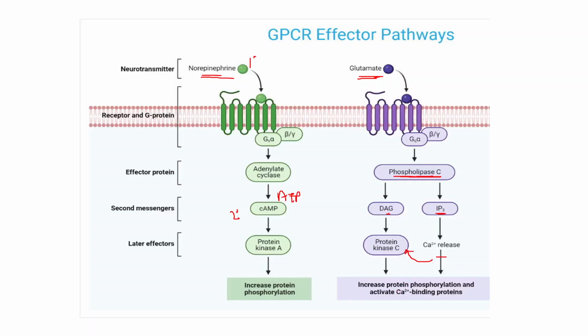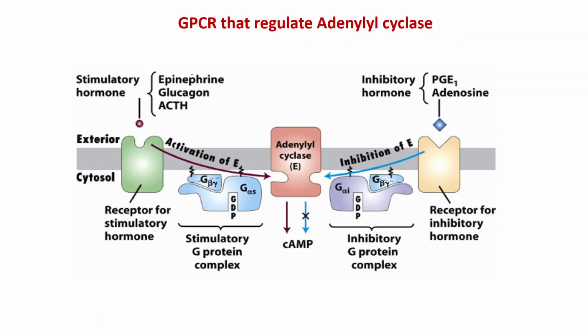Okay, and it leads to protein phosphorylation and calcium binding proteins. So this is the GPCR effector pathways. Now, this means GPCRs that regulate adenylyl cyclase. How do they regulate it? So suppose this is the